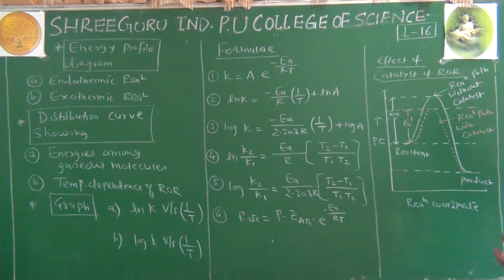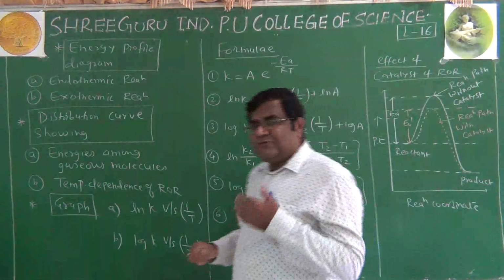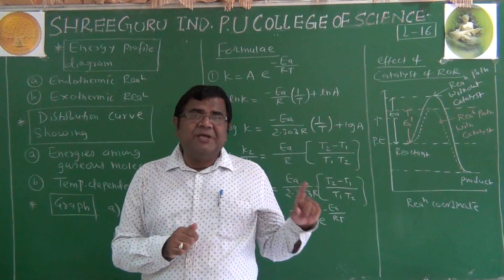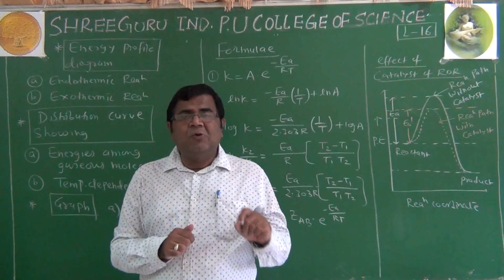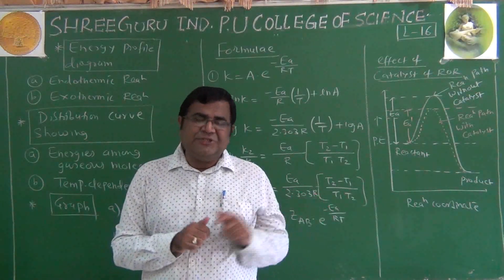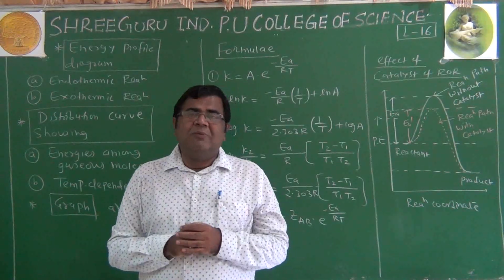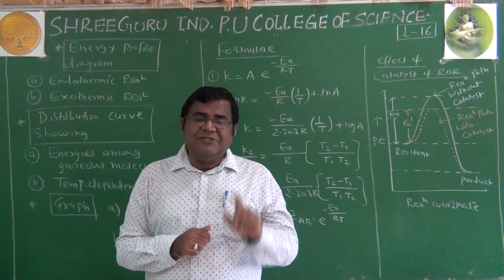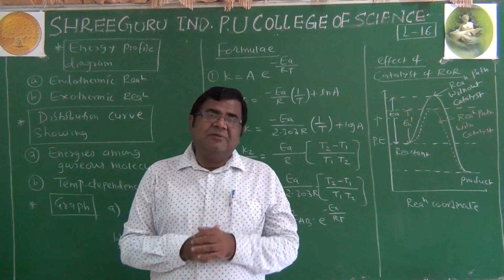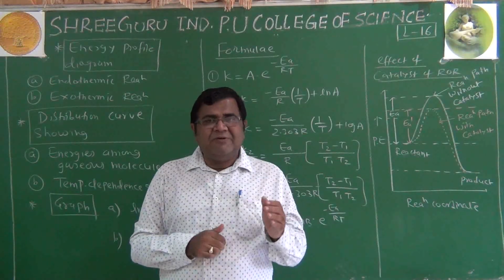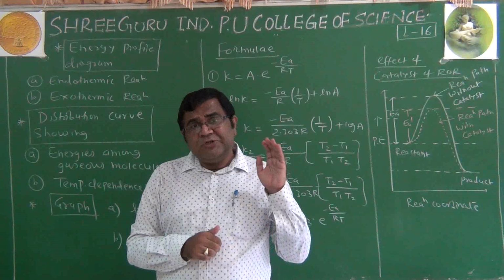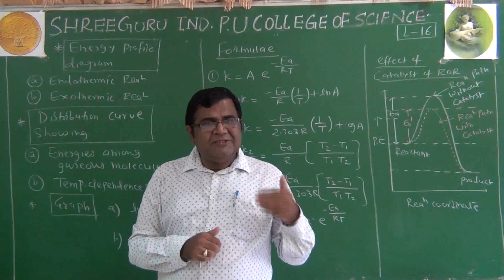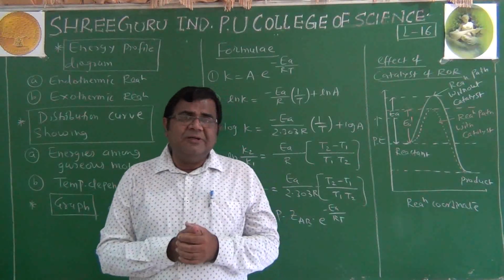Then we were learning about the effect of catalyst on the rate of reaction. In 3-4 sentences we have mentioned that a catalyst is a substance which increases the rate of reaction without itself undergoing any permanent chemical change. We have given the example: 2 moles of potassium chlorate dissociates in the presence of manganese dioxide, which is the catalyst here, to give 2 moles of KCl plus 3 moles of dioxygen. If we do not use manganese dioxide, the decomposition still occurs. It doesn't mean that it does not occur. It occurs, but at a slow rate. The manganese dioxide increases the rate of this particular reaction.